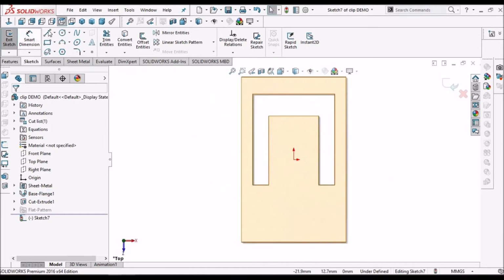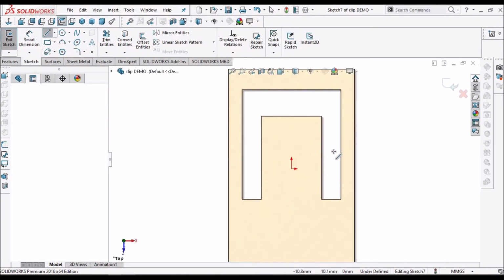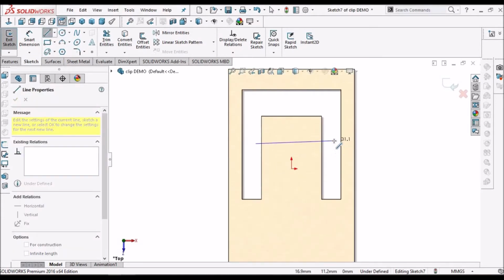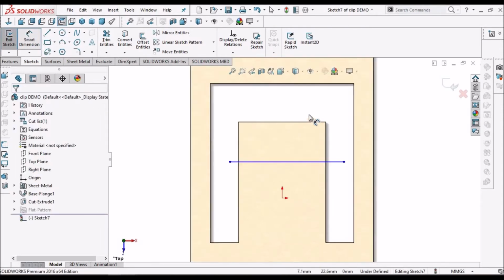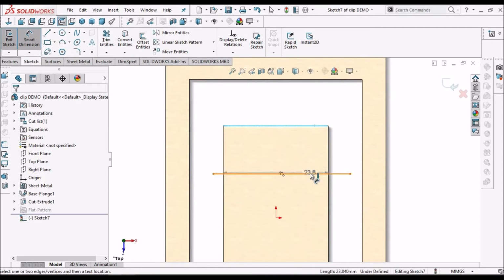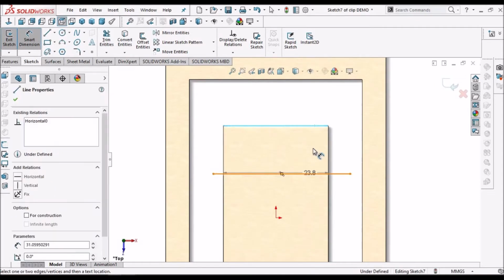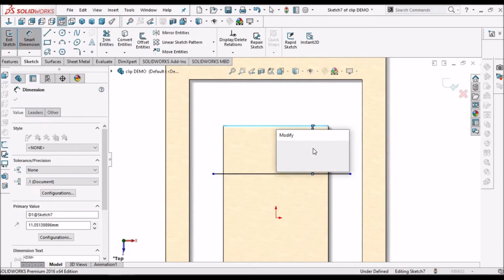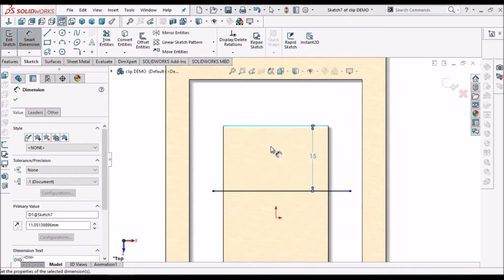Now we are in sketcher mode. Simply draw one line. This is 15.